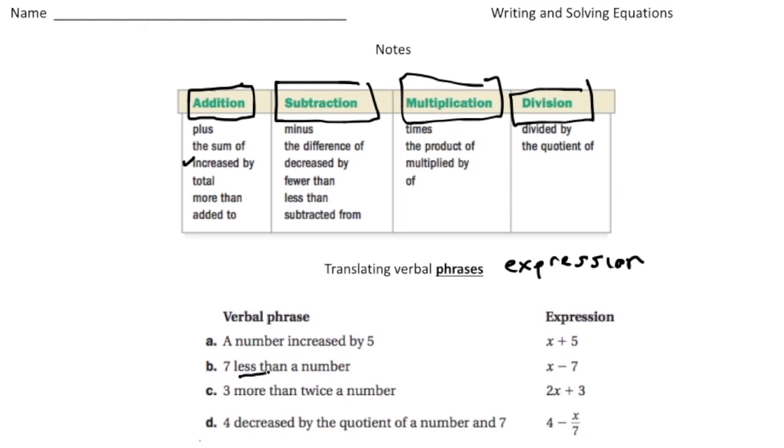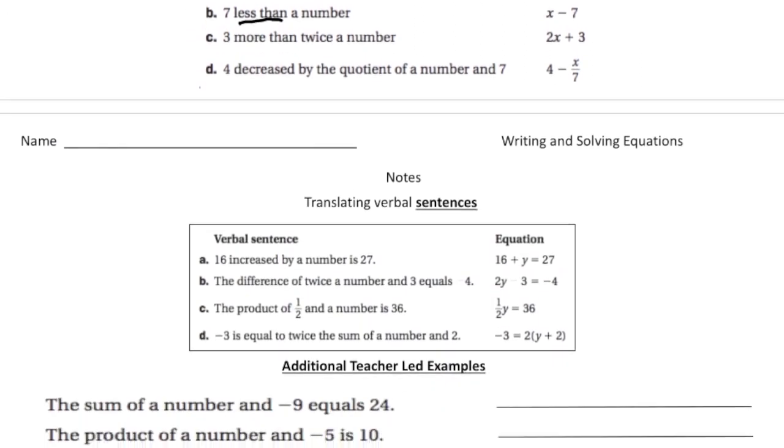Here we have less than is our keyword. Less than is under subtraction. Next here we have 3 more than twice a number. Twice tends to deal with multiplication. That's why we have 2x plus 3. And last but not least, we have 4 decreased by the quotient of a number and 7. So the quotient of a number and 7, quotient means division. So if we go to our next page here,